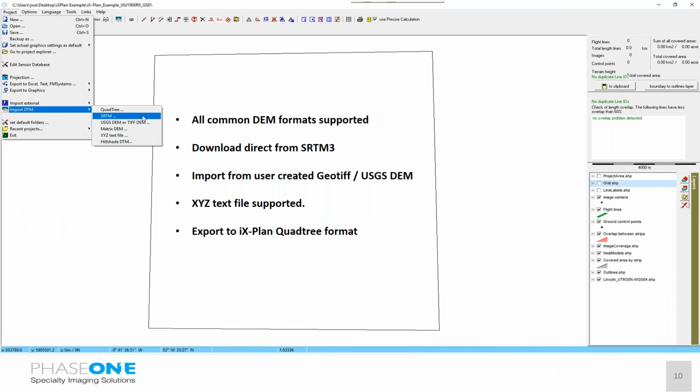So once the flight plan is imported, we want to then consider the terrain for the area so that you can make an accurate flight planning. So all common DEM formats are supported. You have a direct download from SRTM. The following slide will show the wizard for downloading the SRTM. But on top of this, you can also import from user-created GeoTIFF, USGSDM, XYZ text file,